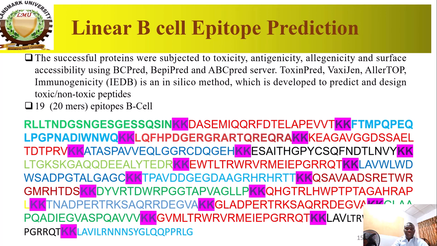After retrieval of this, the epitope prediction process started, and the linear B cell epitope was predicted by the use of BCPred, ABCpred server, after which the toxigenicity, antigenicity and immunogenicity were assessed by the use of ToxinPred, VaxiJen, IEDB and an in silico method. And at the end of the day, 19 B cell epitopes